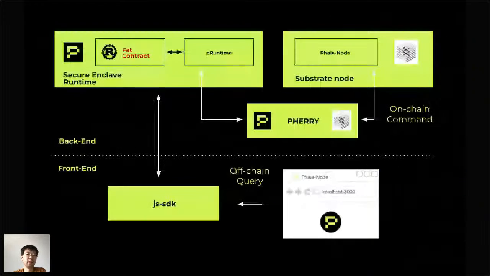And this is mainly where your contract will be executed on Phala Network. Normally, in a blockchain like Polkadot, your contract will be executed by a substrate node, by the blockchain node. But in our case, your contract will be executed by the secure enclave here. This is the off-chain part, not the chain itself. Instead, it's connected to the blockchain using a bridge called the relayer. And I would say this can enable some interesting applications.